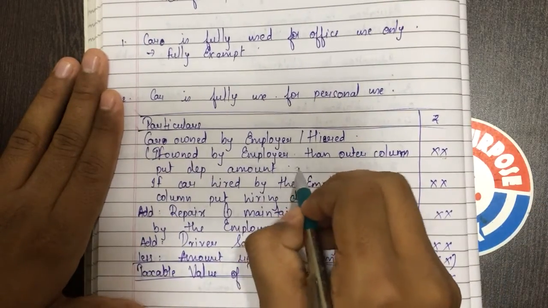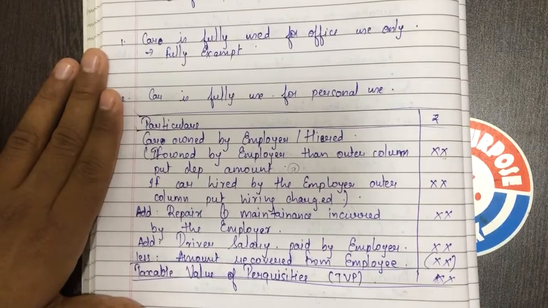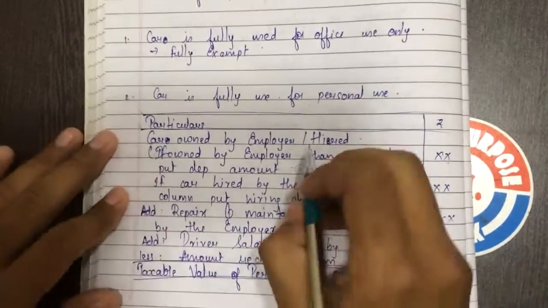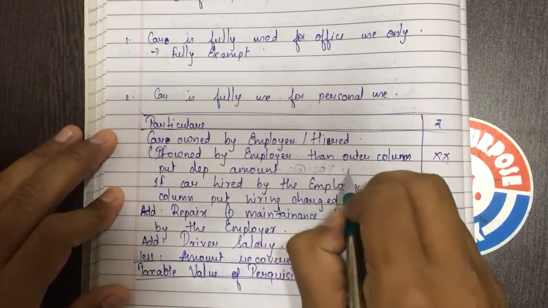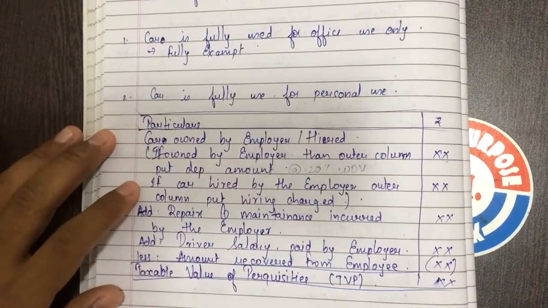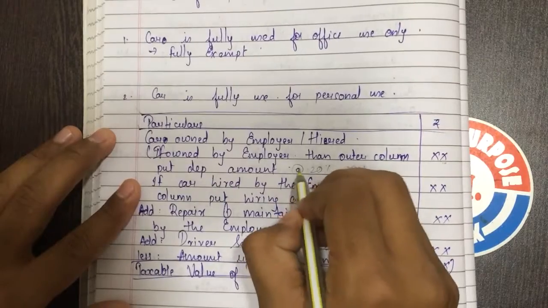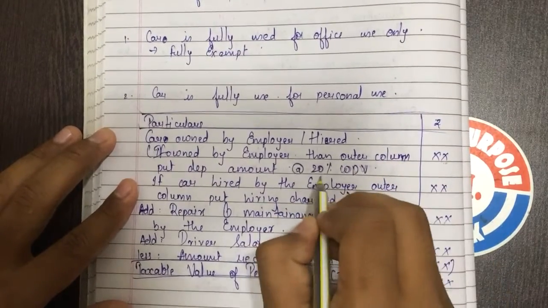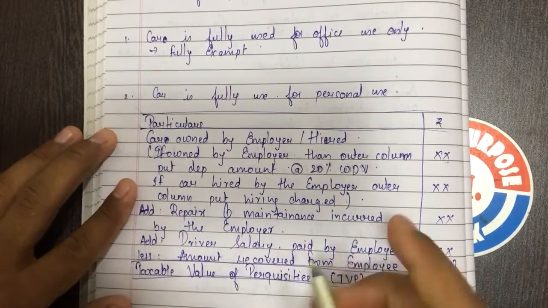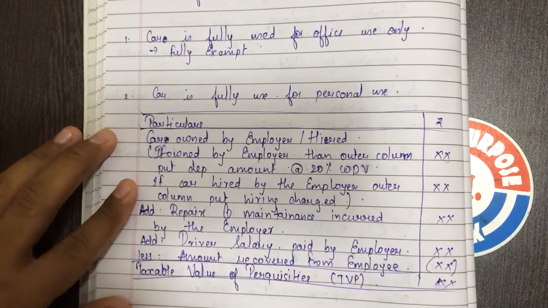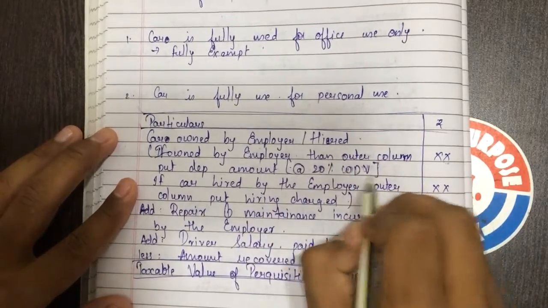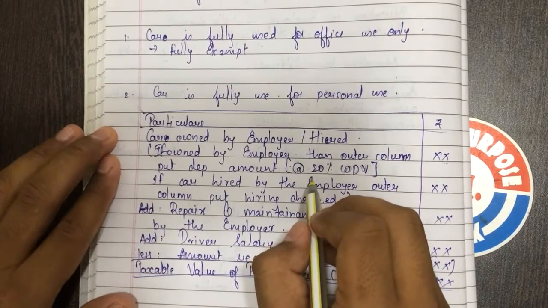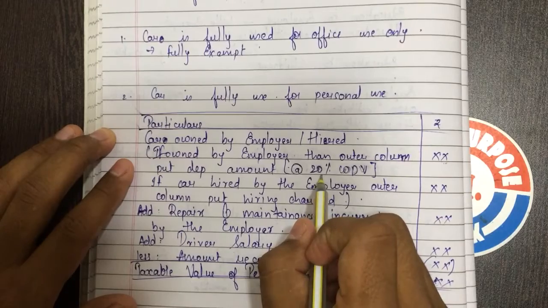Depreciation rate is at the rate of 20% WDV. Wait, I'll write it with the pen. At the rate of 20% WDV. This rate will be coming when I'll be teaching further perquisites, so don't worry. Please write it over here at the rate of 20% WDV. You don't need to take the rates as per PGBP. There are separate rates for salary.